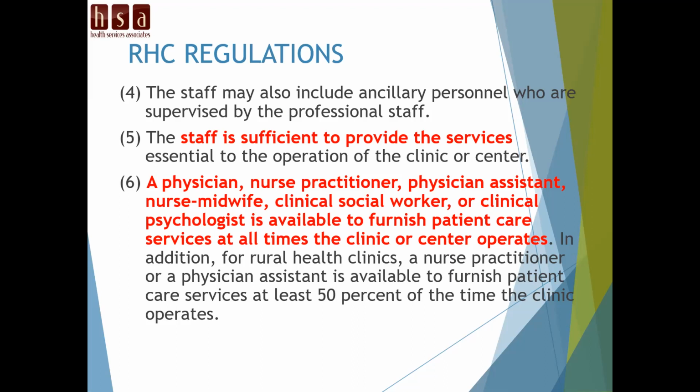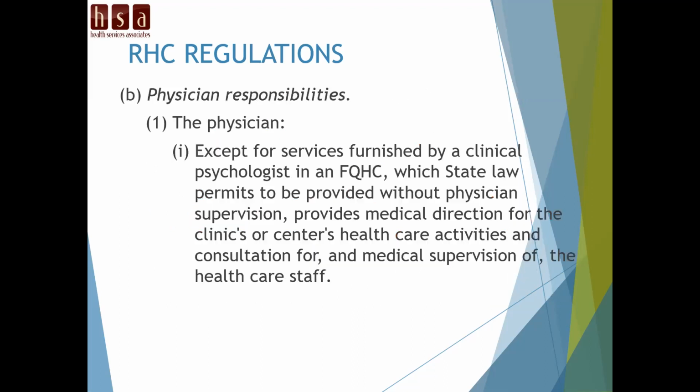And number 6 is just what we went through: in the building, in the waiting room, somebody has to have BLS. Past the waiting room, you have to have a provider. Again, I'm a boil it down kind of girl. Back to these regulations, they have to have a